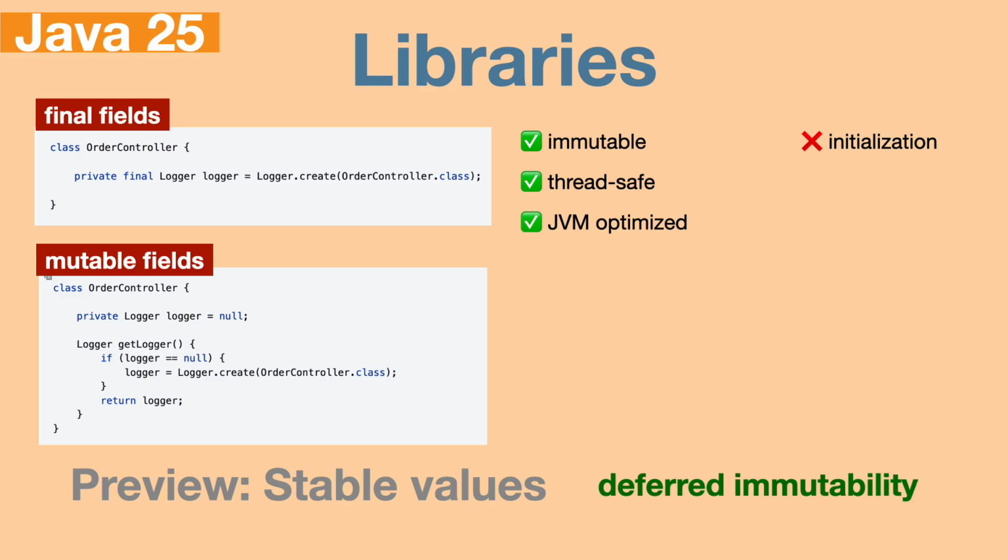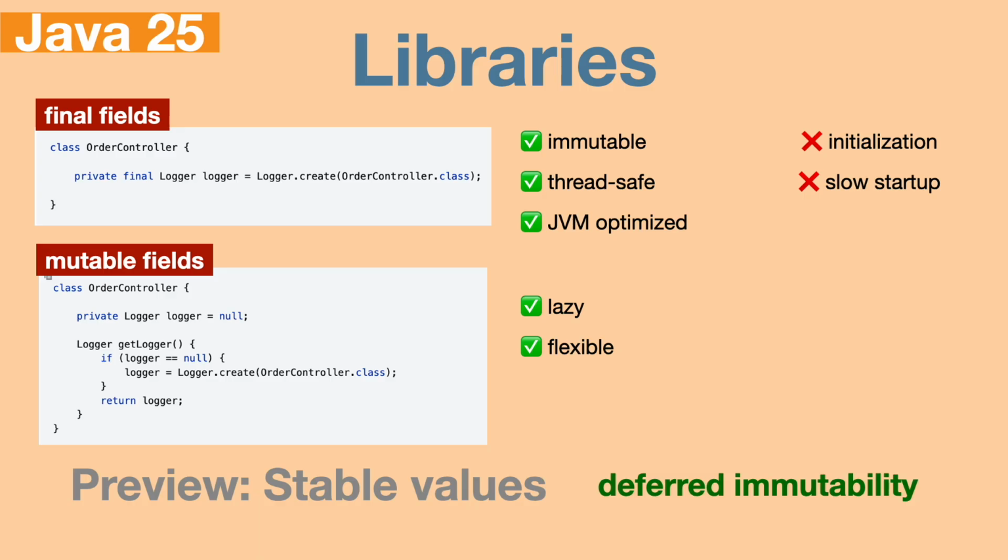There is no way to load it later when you actually need it, for example, after reading environment variables or connecting to a service. Moreover, early initialization can slow down startup. The second option is mutable fields. They are lazy, so they can be initialized only when needed, and flexible, they can depend on runtime state, but